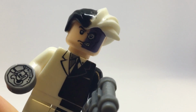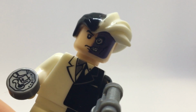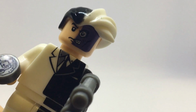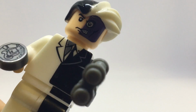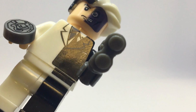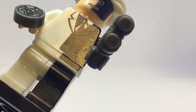So taking a closer look at the figure itself, you can see that on the face there's a lot of purple in the eye, and a lot of the printing's not exactly precise. There's a lot of little blemishes within the face printing, but the suit printing itself looks pretty on par with what you'd expect. The figure itself doesn't really have a lot of scratches, as we saw in that Joker minifigure that I reviewed,